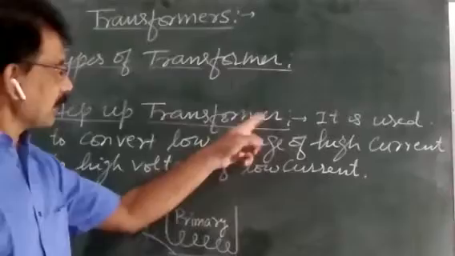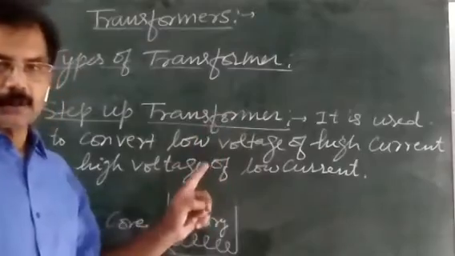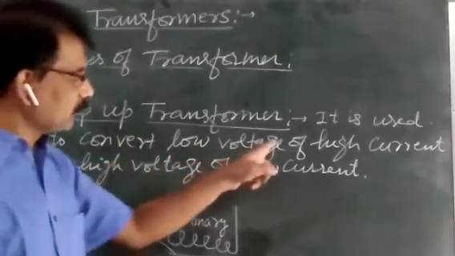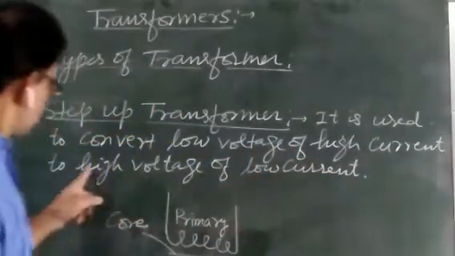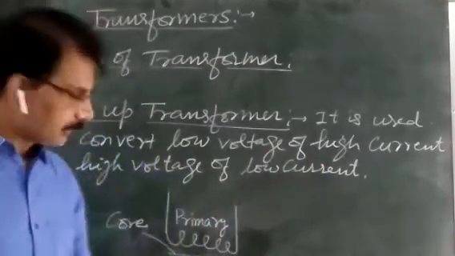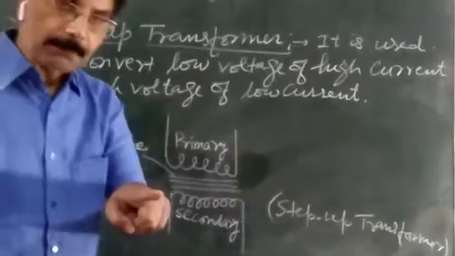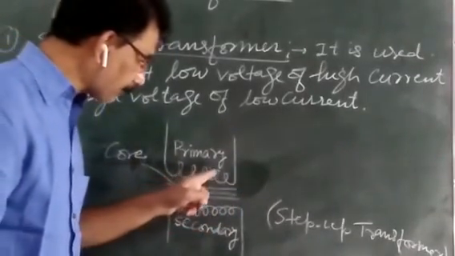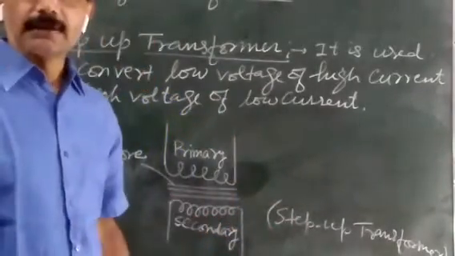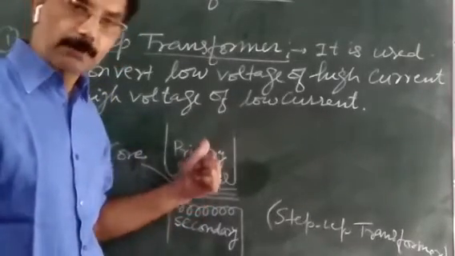So, I have already told you there are two types of transformer. The first one is the step-up transformer. And what is a step-up transformer? It is used to convert low voltage of high current to high voltage of low current. And in a step-up transformer, as I have told you, there are always two coils, primary and secondary. In a step-up transformer, the number of turns in the primary coil is less than the number of turns in the secondary coil. स्टेप-अप ट्रांसफार्मर में प्राइमरी कॉइल की नंबर ऑफ टर्न्स जो होती है ना वो कम होती है सेकेंडरी